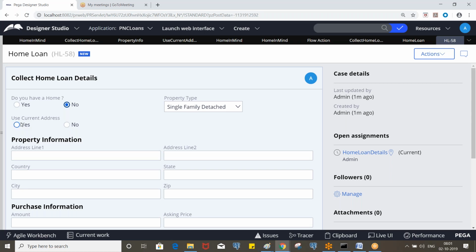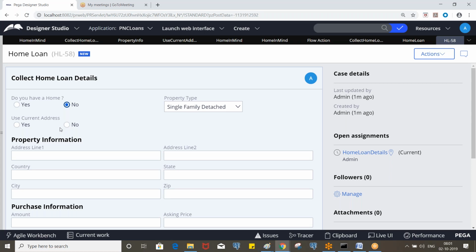And if the user selects use current address as yes, immediately it has to display the data of the current address details. So whatever current address details you entered as part of the first screen, those details should be displayed here. On click of this button, you will be calling the data transform.